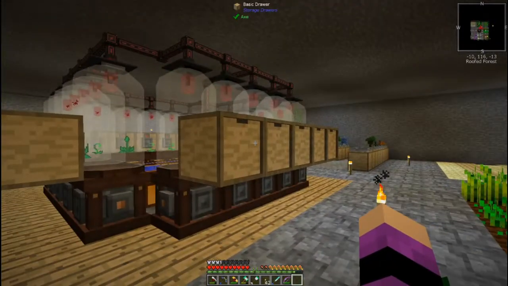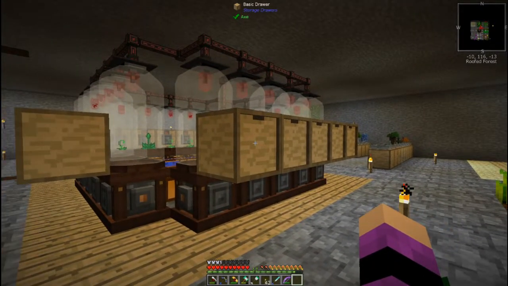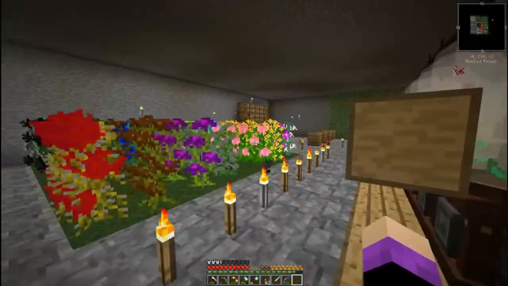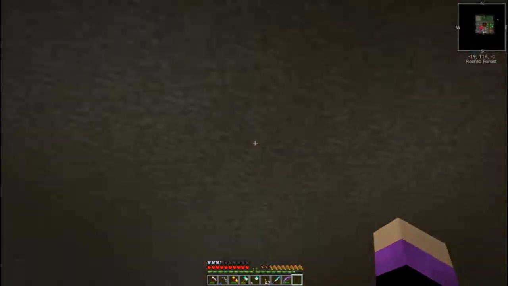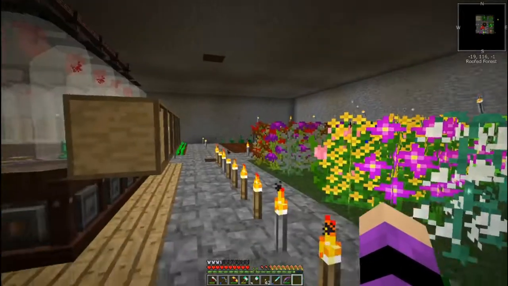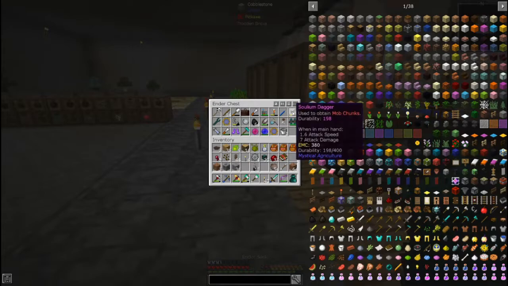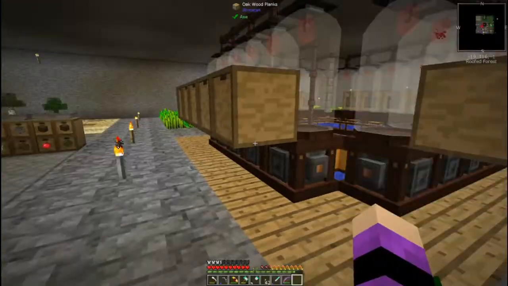Yay. Now the only thing is the mob chunks. We're going to have to figure out how to get those as well. See if there's any way to automate that. There might be some way to set the mob farm up to actually use, I think it's like a Solium dagger. Yes, Solium dagger. Yay, I remember. Okay, so